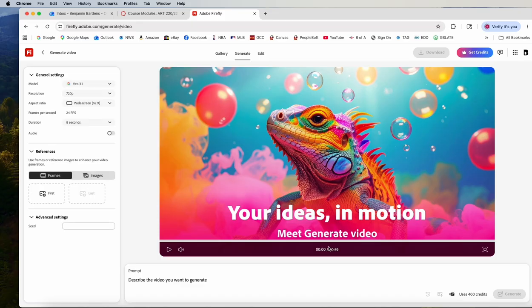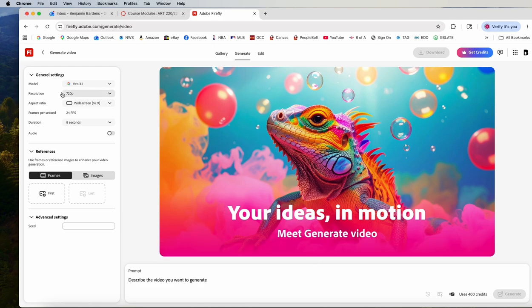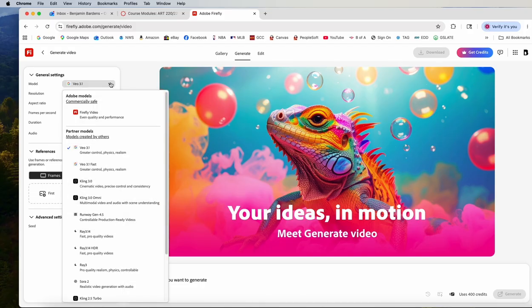And there's a lot of different AI video apps that you can use now. I'm using Firefly in this demonstration because I teach Adobe software, and I'm going to show how to bring some stuff from Firefly into After Effects. But there, of course, are a lot of other video generators you can use as well. They all kind of function in similar fashion, and a lot of them use the same AI models. So you'll see here on the left-hand side under General Settings where it says Model, there's a lot of different choices there. So a lot of the different apps use the same models, like the Google VO one here that